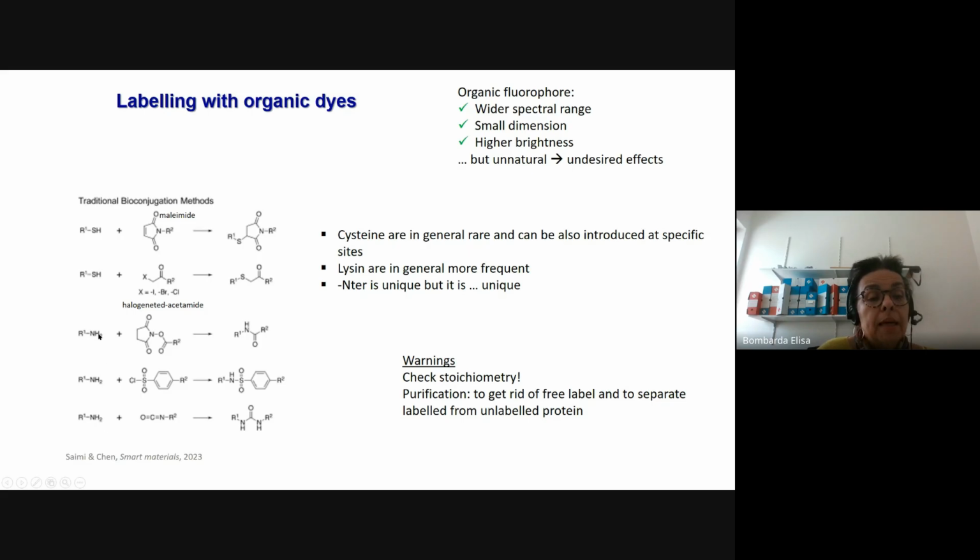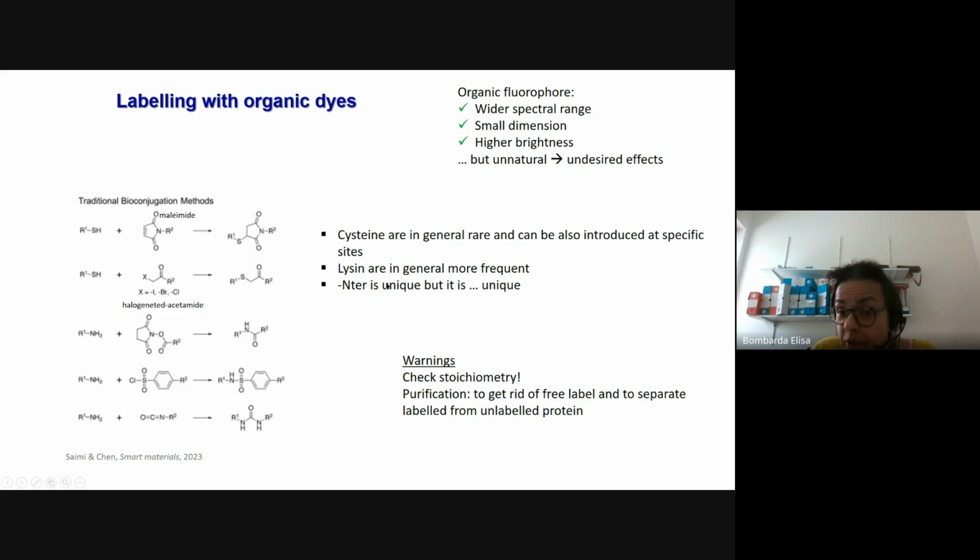Amine can be found in protein, as the side chain of lysine. A drawback is that lysine is more frequent than cysteine, so we have to be careful because of this. But amine can also be in the N-terminal group of a protein, which is unique, and